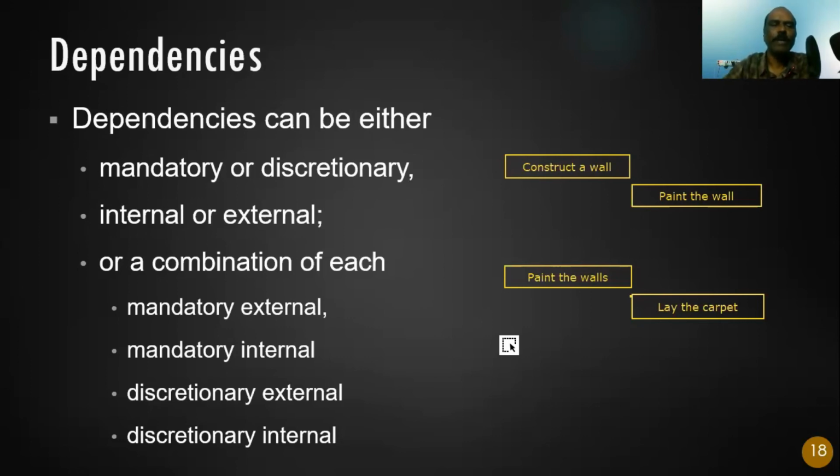And you can have a combination of these four. Like mandatory external, like getting a planning permit from a government agency, is a mandatory external. Mandatory internal, right? This is constructing the wall, painting the wall, is a mandatory internal. Discretionary external. Sometimes like